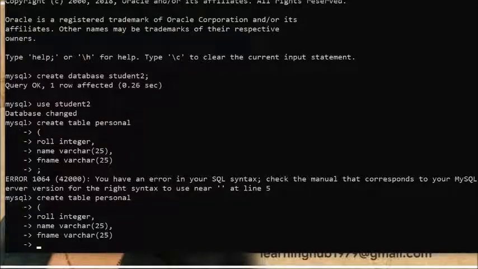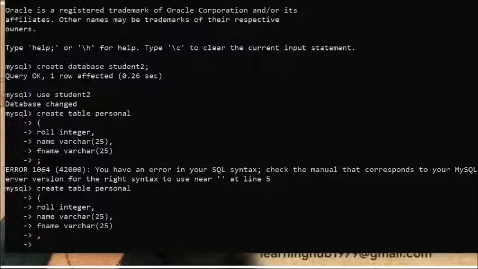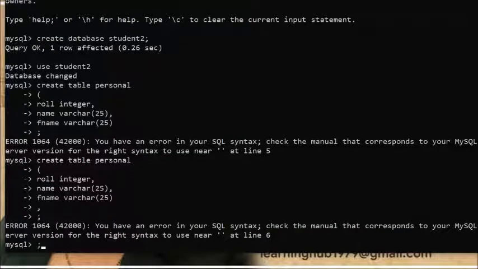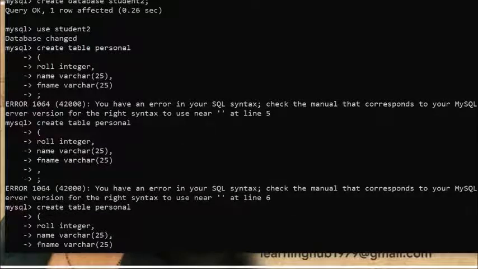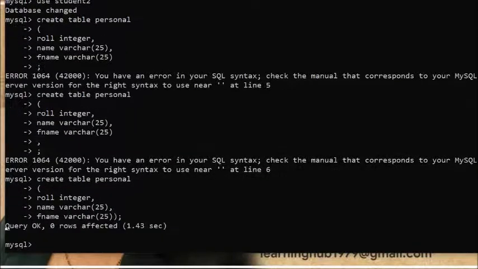See, here I have not used an inverted comma, so we can use a comma here. After that, okay, here there should be a semicolon. Again I have made a mistake. Use semicolon, come out, go there again. Now create table, integer, name, father's name. Now you can just close the bracket. See, in this way you can create the table.